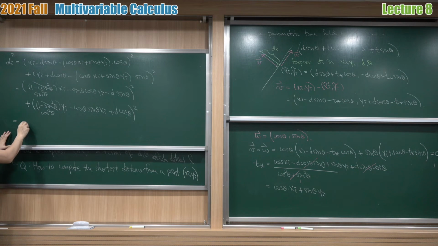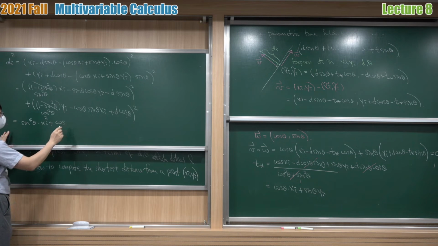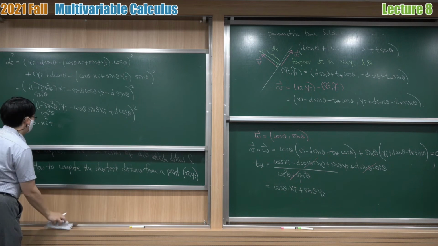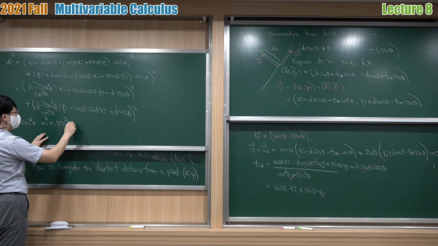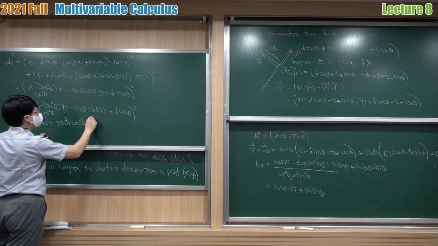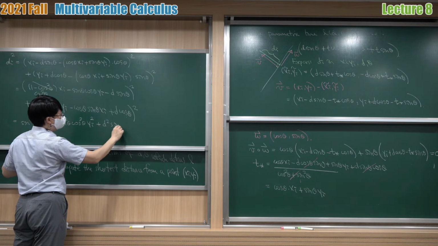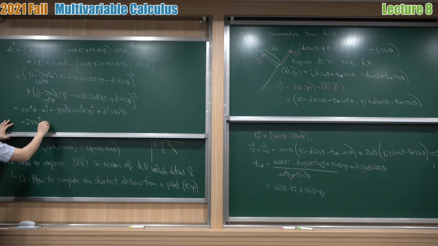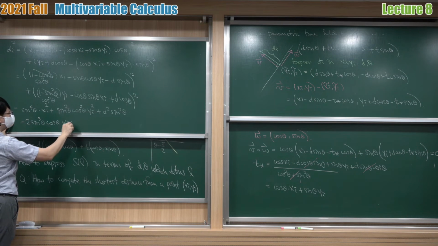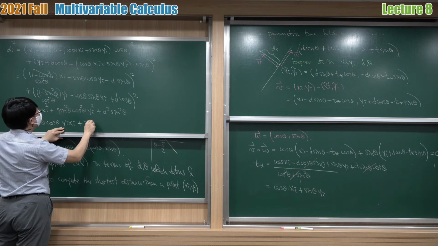So we have sine fourth xi square plus cos. Maybe I should take the square on the first term and then the next. So how about squaring this one? So we have sine square cosine square yi square and d square sine square theta. And let's take the pairs. It's first one, I take the first and second, minus 2 sine cube cosine theta yi xi, and plus 2d